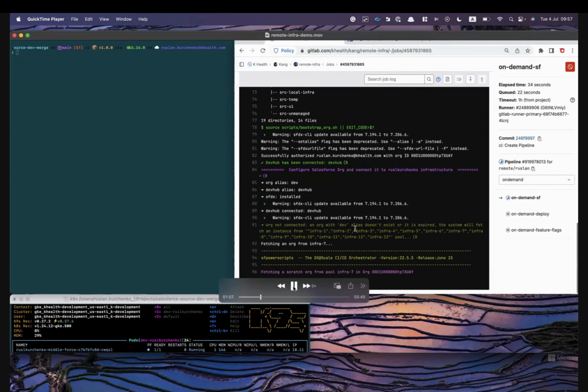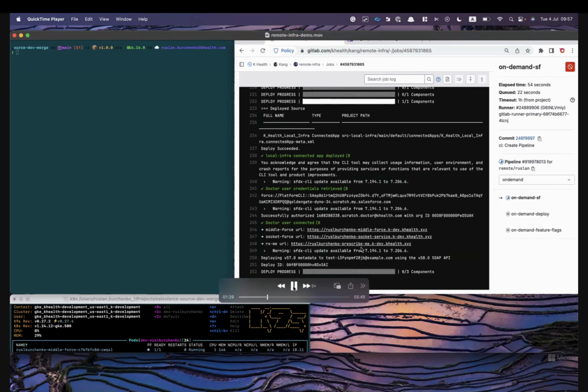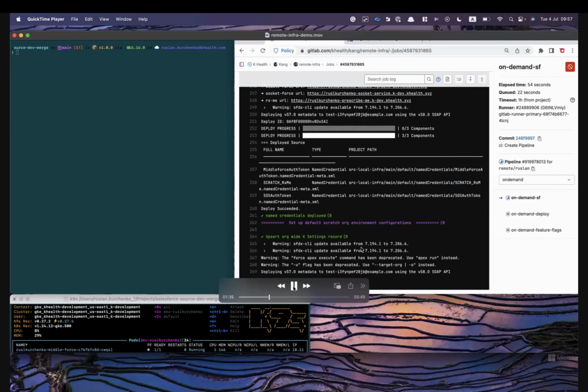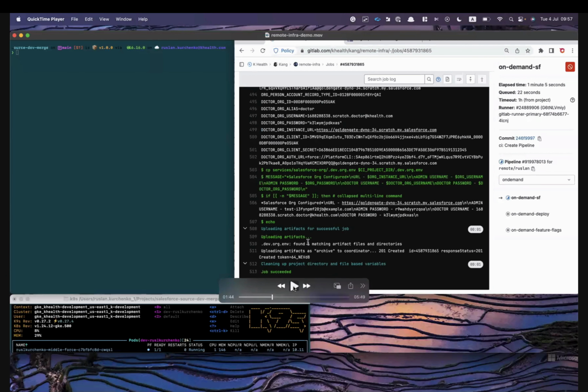As I said, it connects to DevHub, pulls the org, configures all the things like deploying some additional remote infra configuration, some connected app which will be used later to connect from the full stack services back to the org. That's what we've got. We've got some credentials, and this is again just the fetched environment.